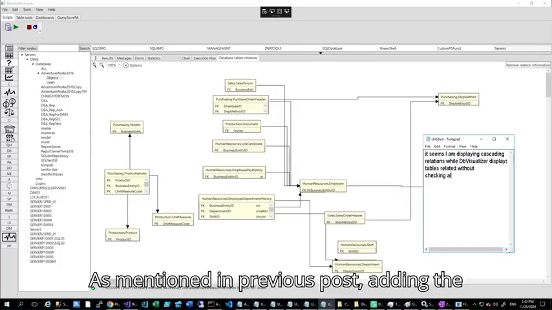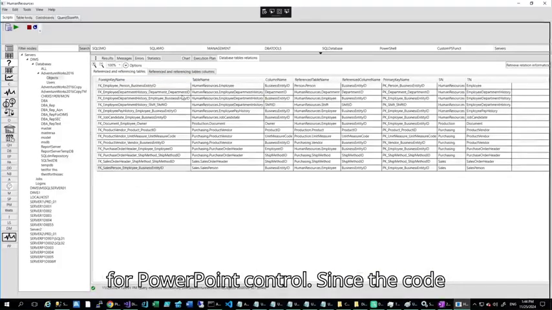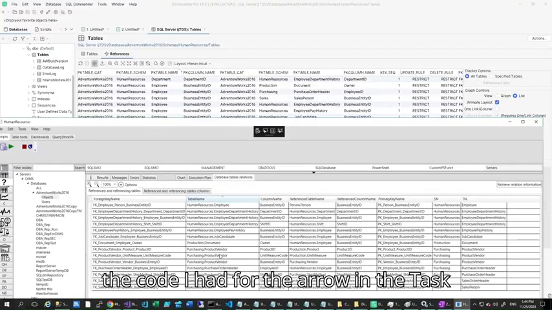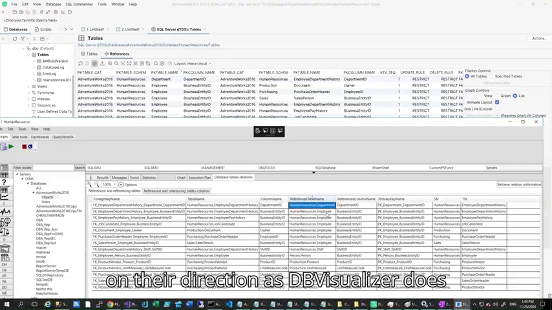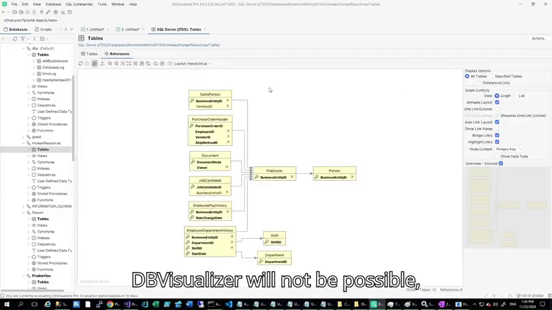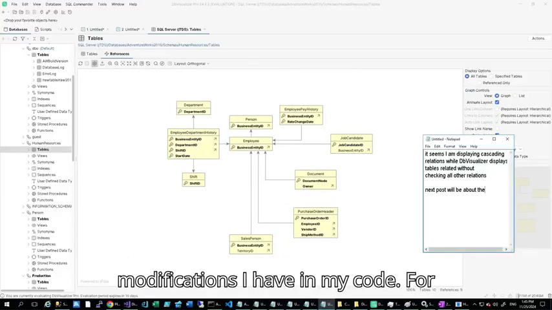As mentioned in a previous post, adding the arrow was done using some code I wrote for the PowerPoint control. Since then, there was a better choice than the code I had for the arrow. Changing connection colors based on their direction, as DB Visualizer does, can be done, but duplicating how arrows look and behave to match DB Visualizer will not be possible because this requires a lot of modifications to my